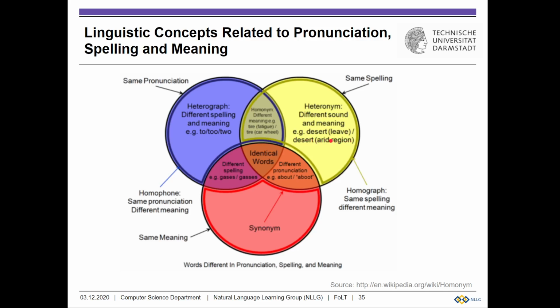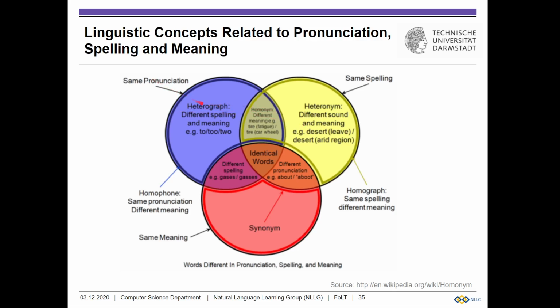This is where you have sand and dry, hot temperature, versus dessert, or dessert. So somebody is leaving, or yeah, desert, right? You desert from the army. So these are words that are written in the same way, but they have different meaning and they also have different pronunciation. We can also look at the overlap of those two here.